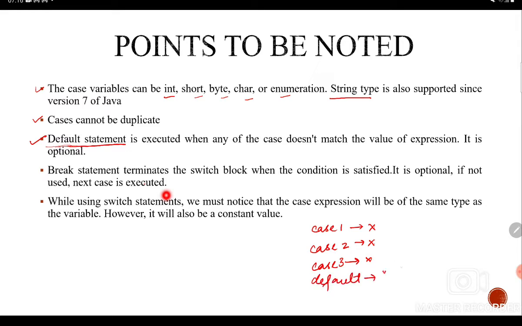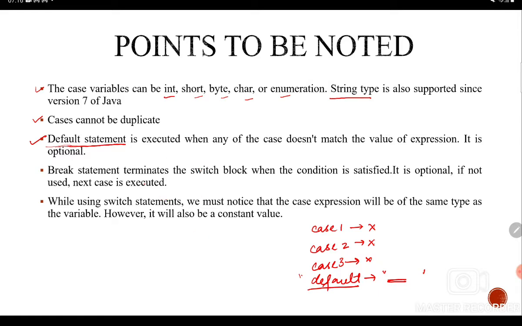Maybe you print something, so this particular statement would be printed. However, this is an optional statement and you might not use it at all. It is completely optional and depends upon the user.